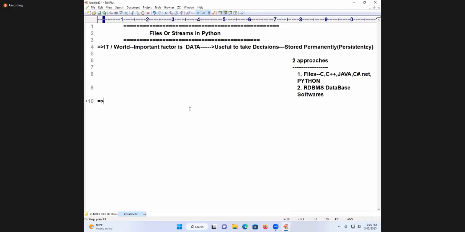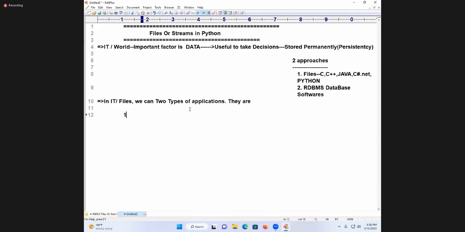Now coming to the point. In the context of files, we can develop two types of applications. What are they?